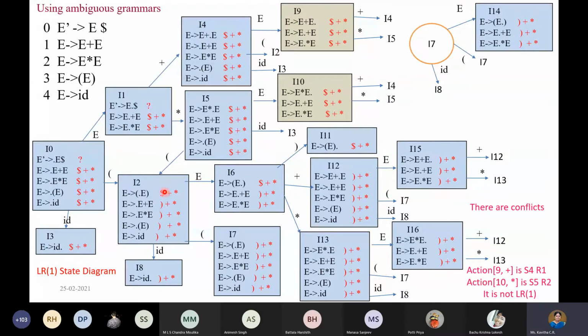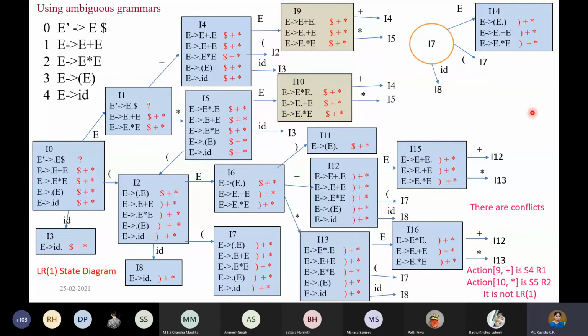So coming to, if you take wherever the reduce happens. Okay. So I15 will be merged with what? I15? No, it is not merged. Then what else we have? Any reduce if you are having, you can see that. I10, is it merged with something? I10 can be merged with I16, students, in LR of 1 parsing? I10, can it be merged with I16? Similarly, I9, can it be merged with I15? Yes or no?